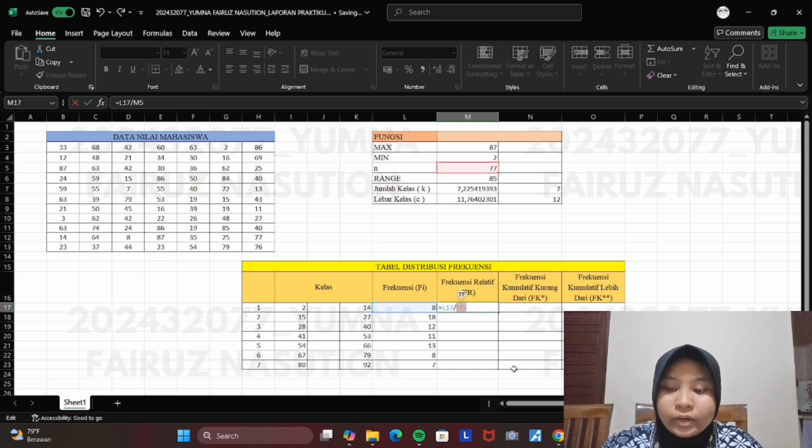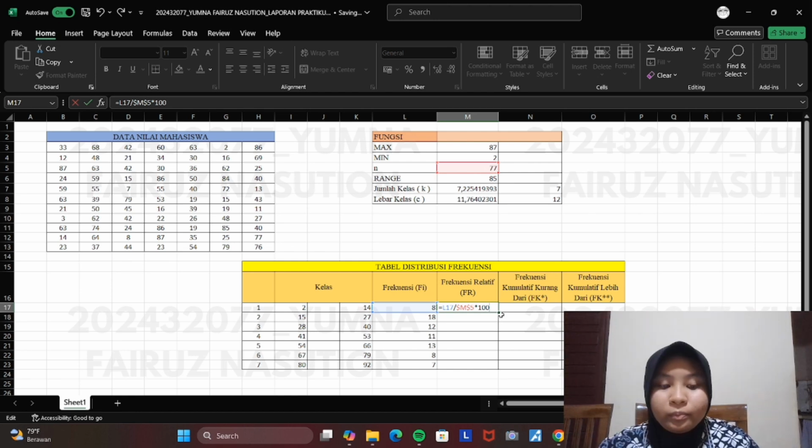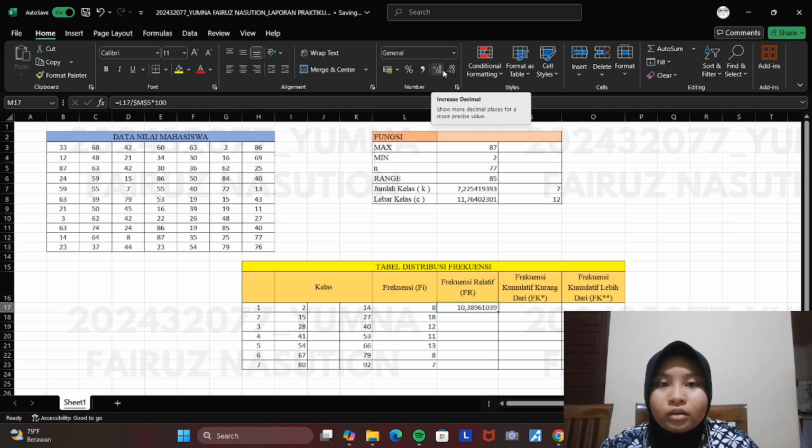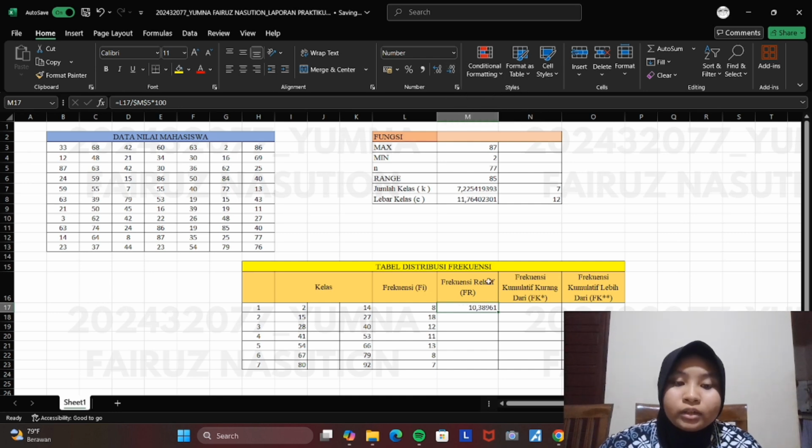Now we block this and press F4, and then we need to times it by 100. So the star symbol here is for times. Now we press enter, and we can decrease the decimal places. Now we click this, decrease this. I just want 5 digits after the comma here.